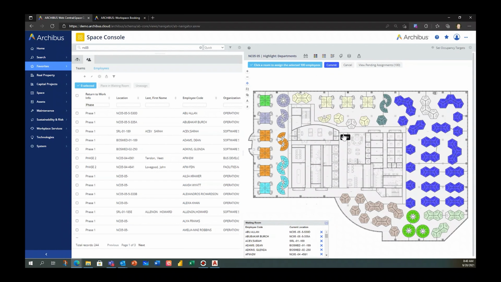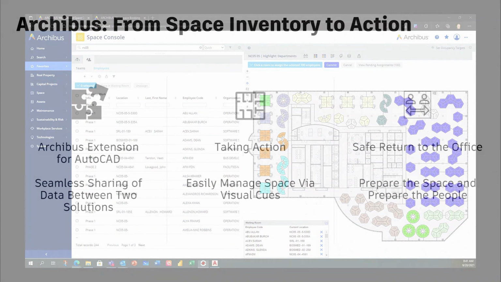You simply drag and drop them onto the space, and then Arquebus is going to be configured to allow for that increase in communication to those individuals, so they know what the changes are that are going to be taking place against them when they come back into the tool or come back into the office. Like, what desk are they going to be able to leverage when they arrive on the scene, so to speak? Things along those lines. And there's just a ton of advantages to making sure everybody has a clear line of sight with what to expect in their return to work.